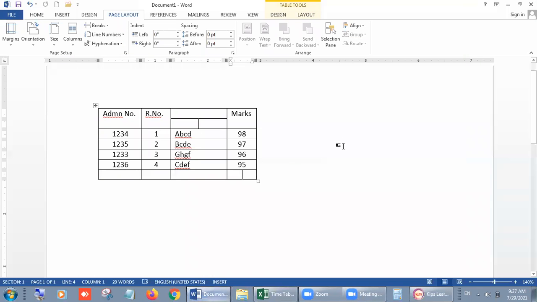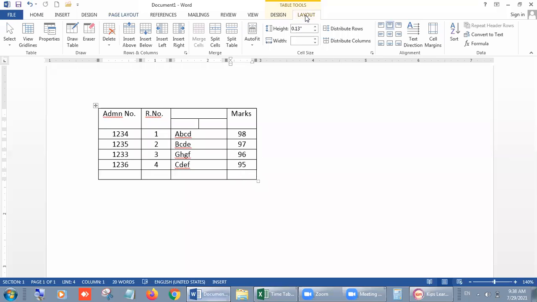This is our layout tab. When you click outside the table, then you will not have the layout tab. It is not page layout. I am talking about the layout tab, and it will come when you click inside the table, because we have to click in the cell where we want the total. Okay, so when you click inside it, you will have two more tabs, and these are design and layout. So click on the layout tab.